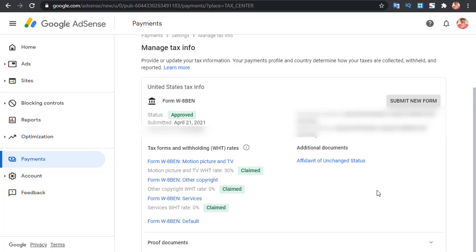Obviously you can change this anytime you want if you get documents, but if you don't have the documents, you can use the one of your country, and then you'll be deducted an amount of taxes every month. Once you find a new tax document from overseas, you come and use it right here to submit a new form. It's going to automatically cancel the one which you've already submitted. So that's how this works.